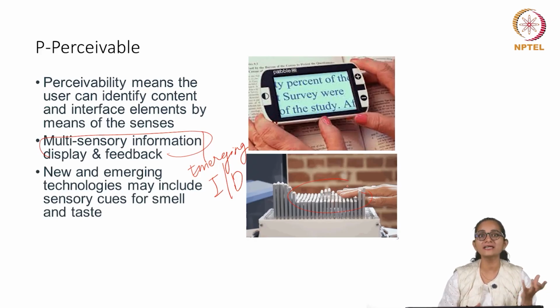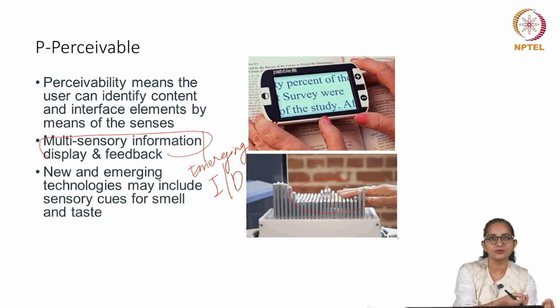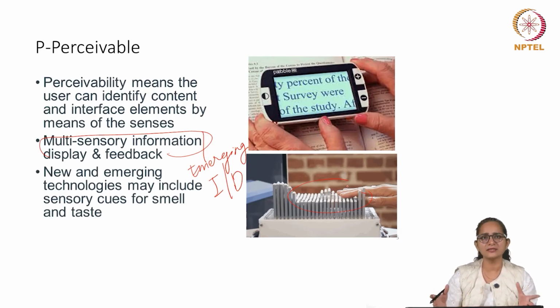Perceivability is something which can be enhanced by incorporating multiple output devices, right. Basically the system is giving different types of output. The speaker is an output device, your display, your screen is an output device, your tactile display is an output device, and there can be other such smell based or other kinds of output devices as well. So, basically perceivability of a system is very much in line with output devices or output technologies.